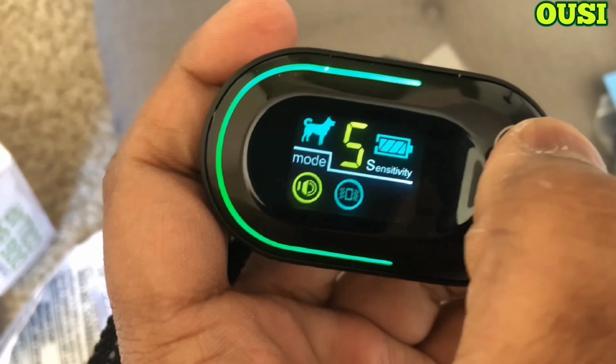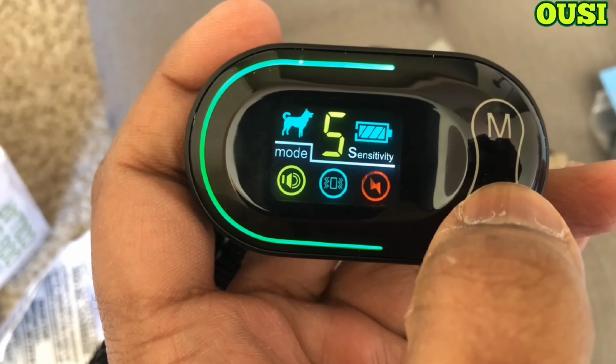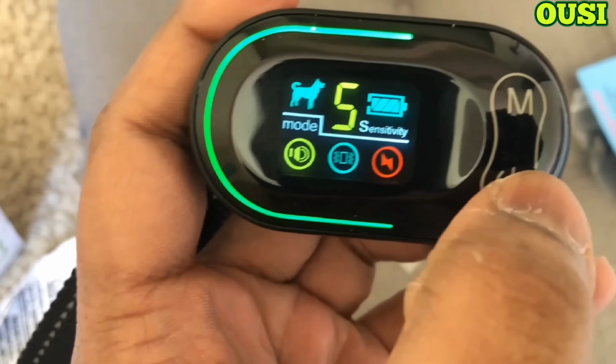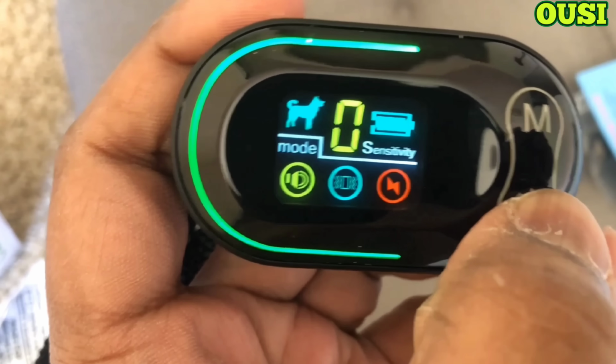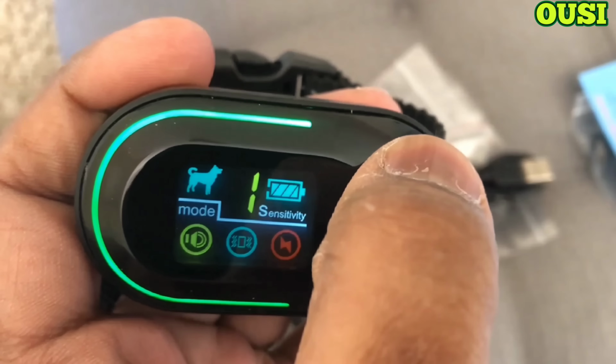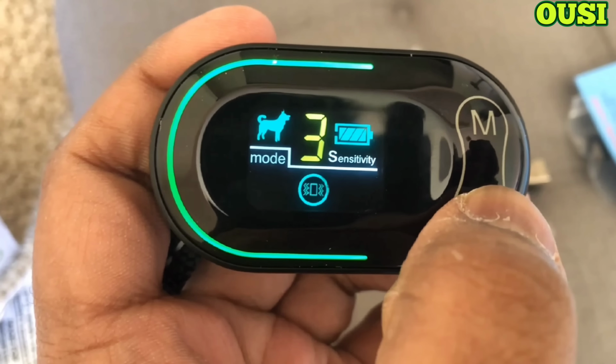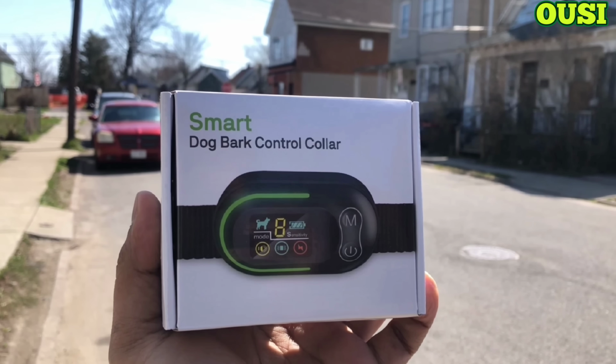If you are still annoyed by your dogs barking for no reason, disturbing your rest, your office or your home while reading, and even disturbing your neighbors, adding more pressure to their life, and if you urgently need a quiet environment, this OUSI bark collar